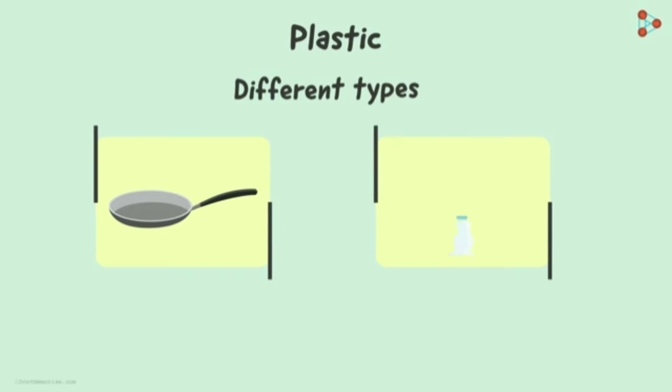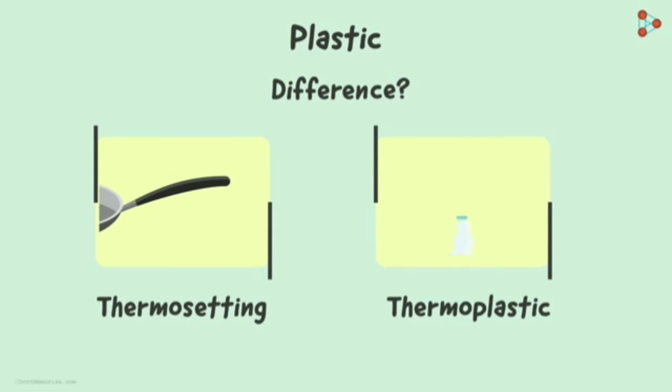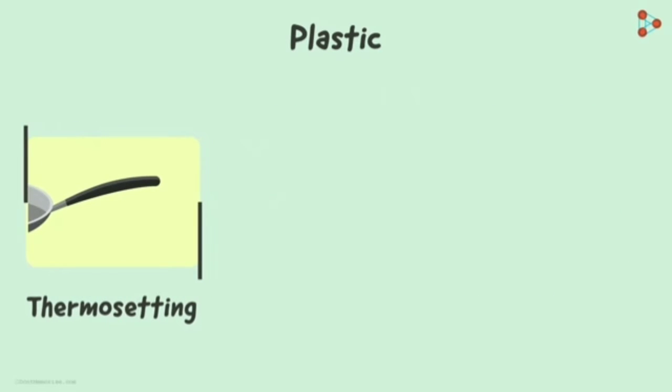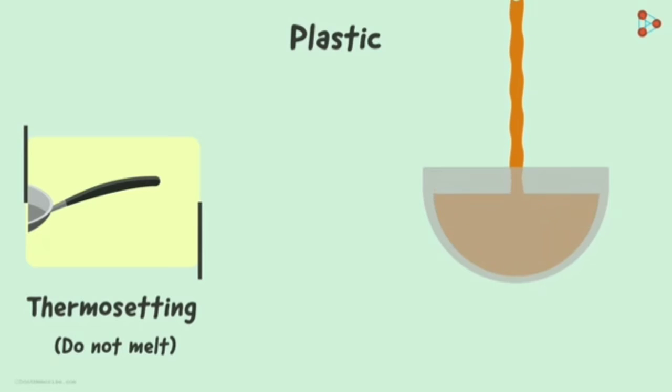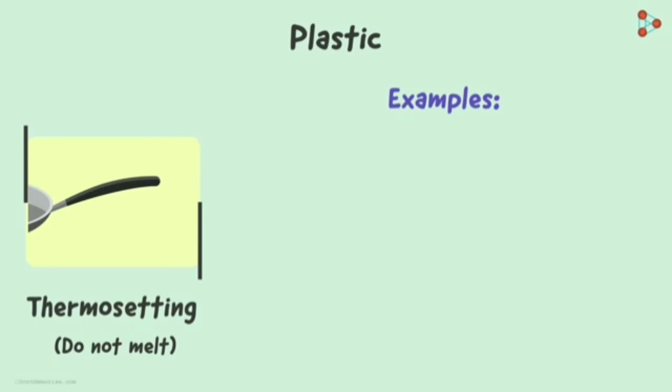The first one, which makes up the handle, is called the thermosetting plastic, while the other type is referred to as the thermoplastic. Looking at the incidence of heating, can you tell me the basic difference between the two? That's correct. Thermosetting plastics are those which do not melt on heating. While manufacturing the particular article, when the plastic is casted into a mold, it takes up the form permanently. It cannot be remolded later.